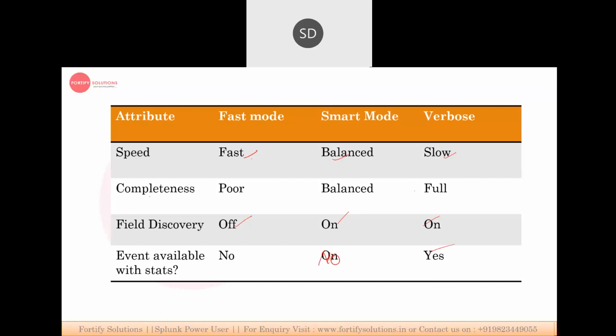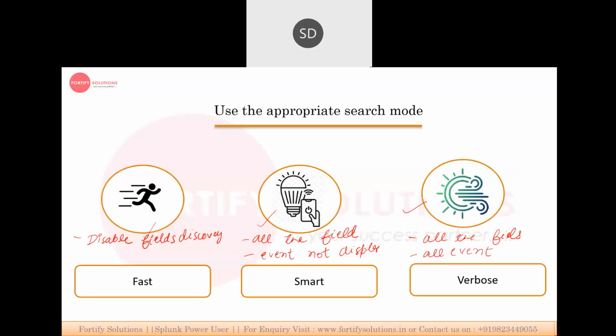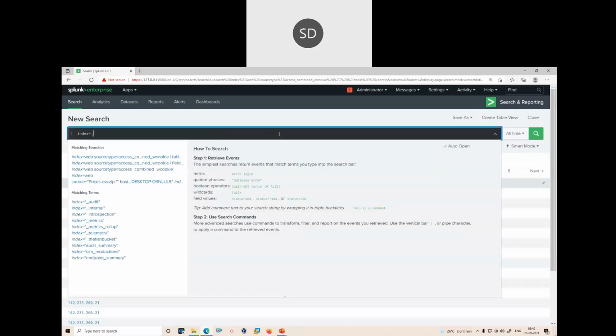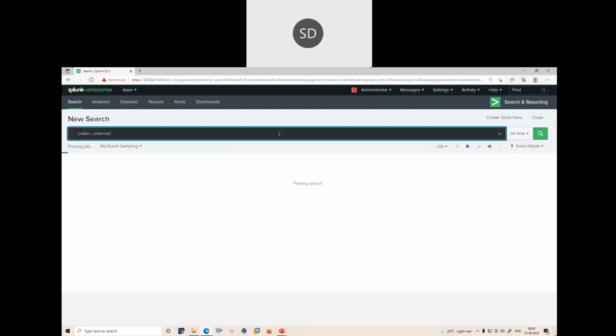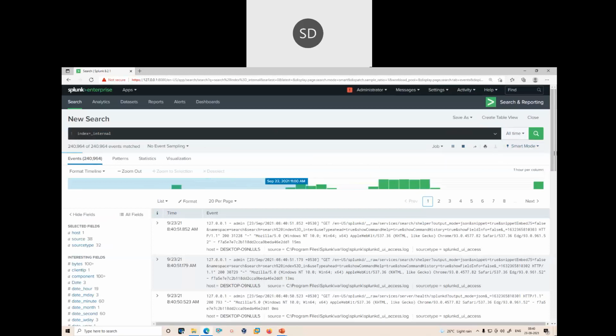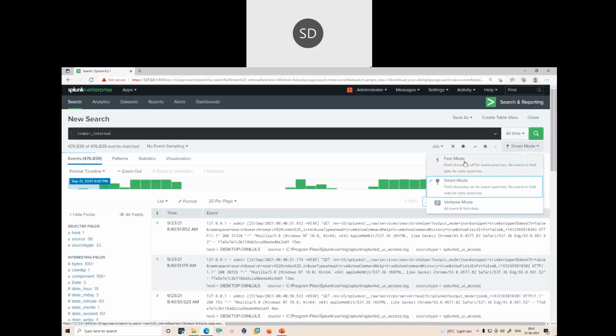These are the kind of search criteria that we are going to use. I'll show you. Let's suppose I search one parameter, index equals internal. This is the normal search that we do in the smart mode. If you click on the right side, you will get the modes. See, there are three modes: fast, smart, and verbose.